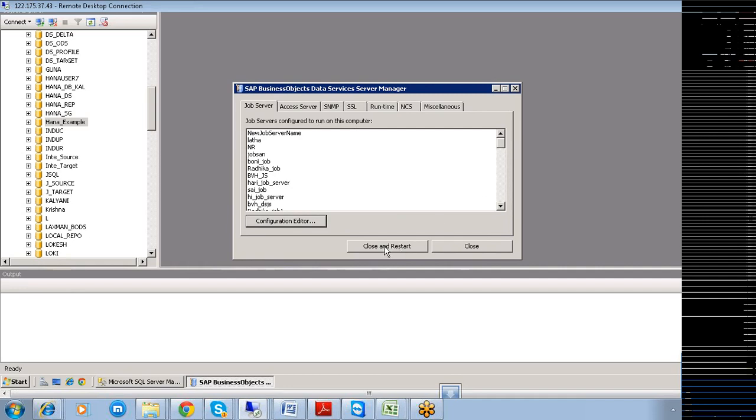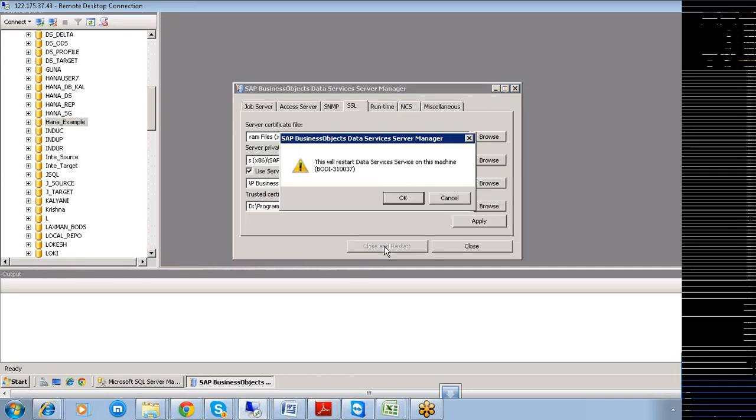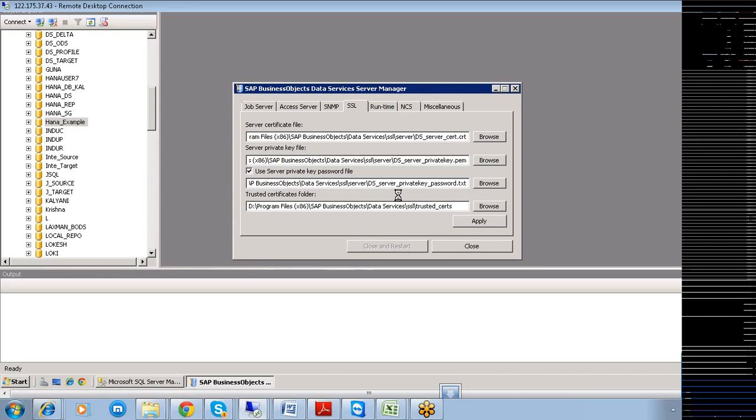Once your job server is created, once you close and restart, that particular job server is associated to your repository. Then you're going to start the services of your job server once again. So close and restart here. This will restart the data services service on this particular machine, and you can click on OK like this.